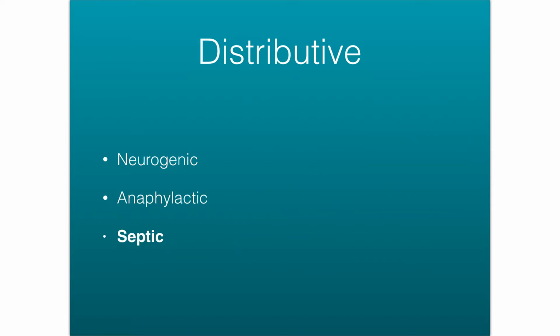Now, septic shock. This shock is due to certain types of bacteria, and they either are releasing a toxin, or when our immune system destroys them, they release a toxin. And that's usually called an endotoxin. It causes this. And again, our blood vessels dilate to try to rush more blood, more white blood cells, more nutrients to the area to fight off the infection. So if you have maybe an infection on your skin, on your leg, it's going to turn red, and that's because you vasodilate. Your blood vessels dilate,